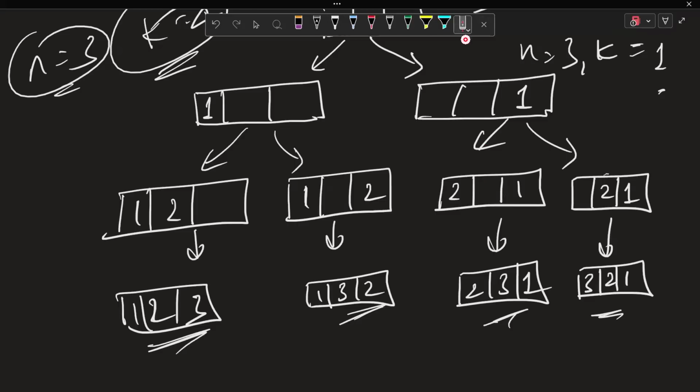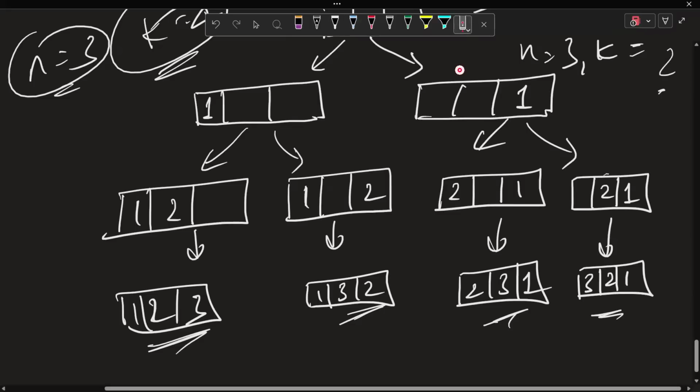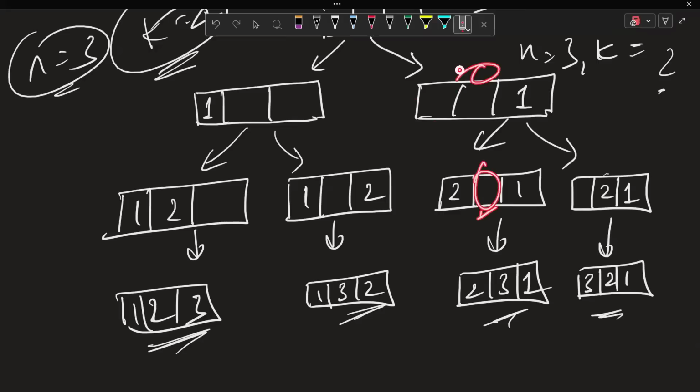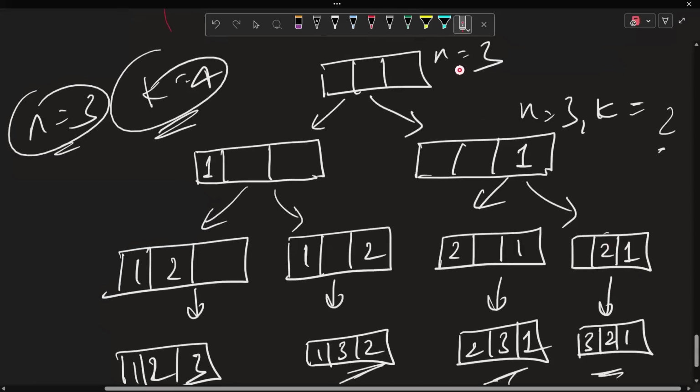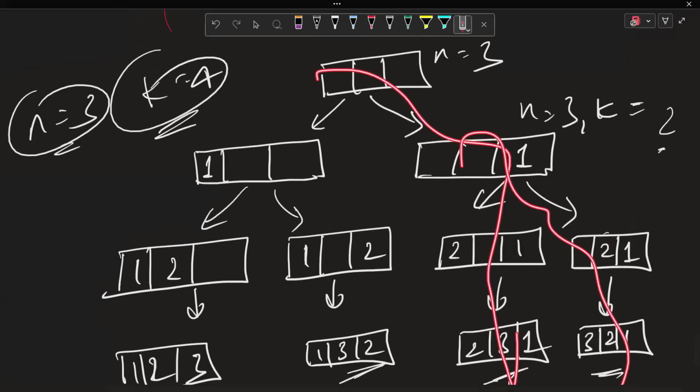Then you would move to the left side and obtain this. And now for k equal to 2 you are analyzing. The condition k less than or equal to 2 to the power 0 is not satisfied in this case. So you move to the right, and here you got this permutation. So in this way, if you move based on the value of k, then at max